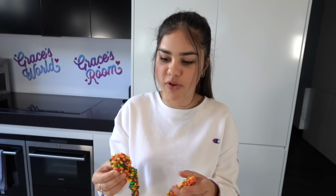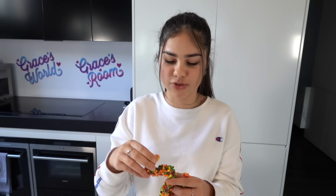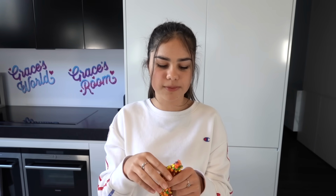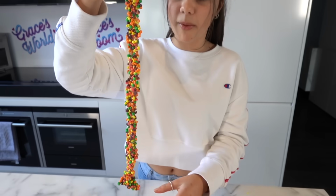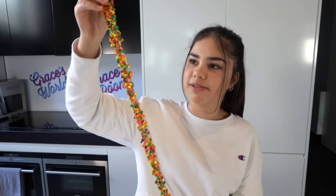It tastes nice. It's very sweet. Oh my goodness, I'm on a sugar high, but I don't think it tastes too much like a nerd rope. I think the gummy bears have too many flavors going on, whereas normally you can't really notice the flavor as much in a normal nerd rope. It's more the nerds that take over all the flavor, but besides that, it was really fun to make